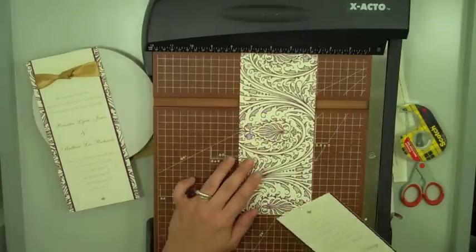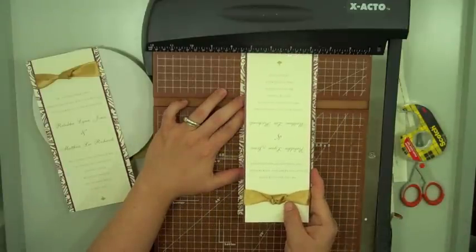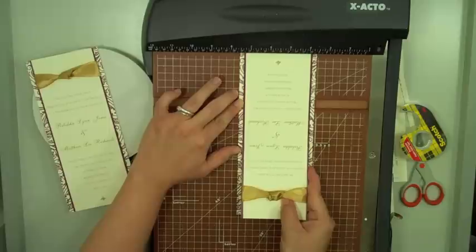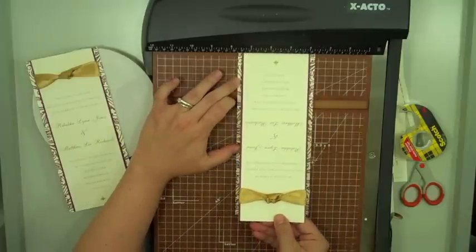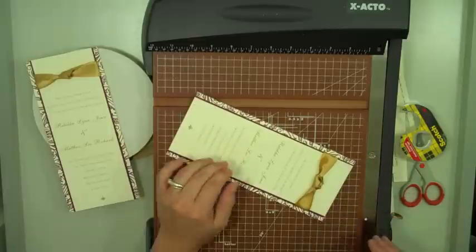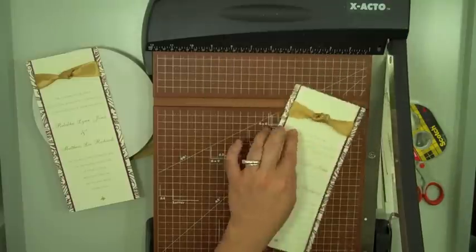And then the one trick for getting them to line up straight is I actually like to use the edge of my paper cutter, because if I push one sheet into there and then push the other one in, I'm just kind of centering it over each other. I at least know that those two ends will be perfectly aligned. And then I just lay down the card on top of the other one, like so. And if you find that you don't like that edge, you can just clean it up. Just trim a little sliver off of the top, like so, and then you have a nice clean